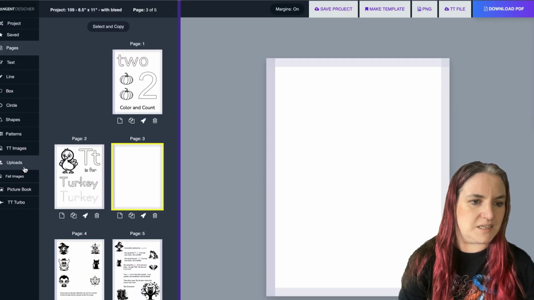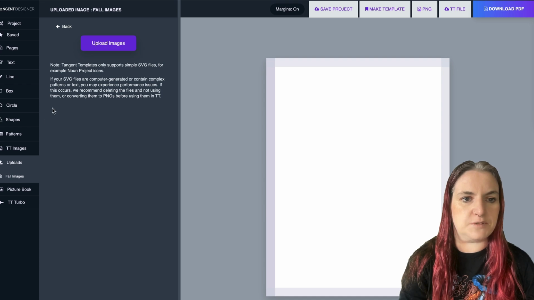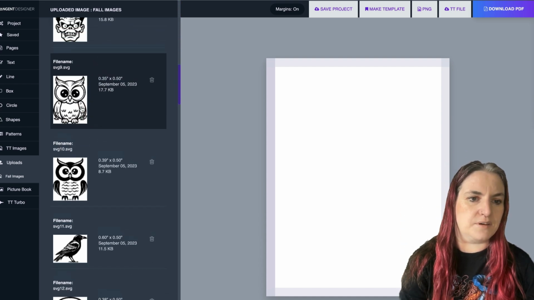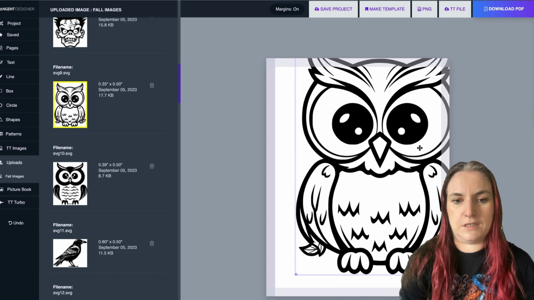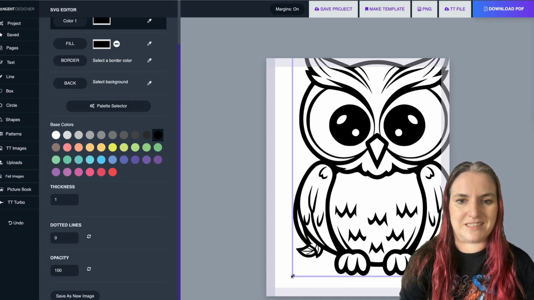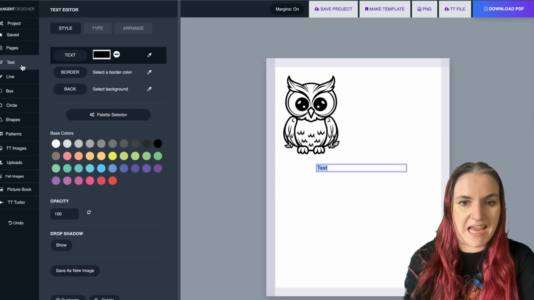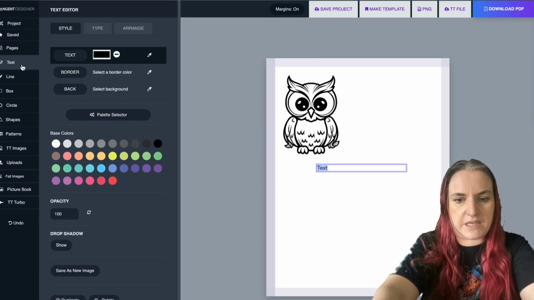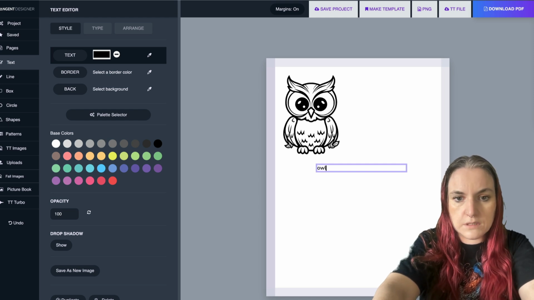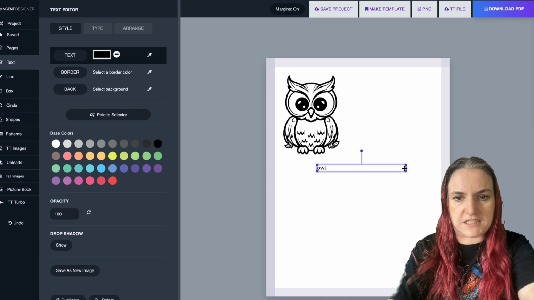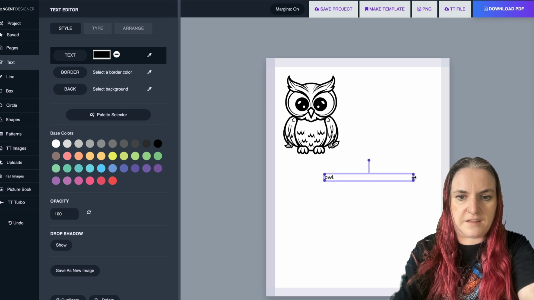So what I'm going to do is go to my Fall Images that we just uploaded, and we're going to pick a good image from that. So how about an owl? Because everybody likes owls. So I'm going to bring him down a little bit, and now I'm going to add some text there. So we're going to do owl,